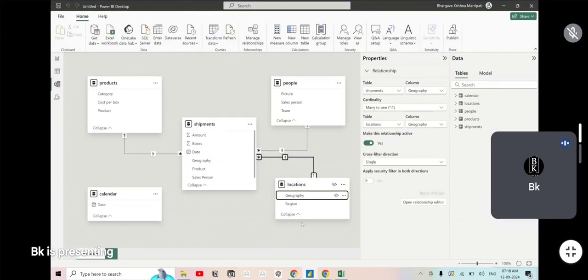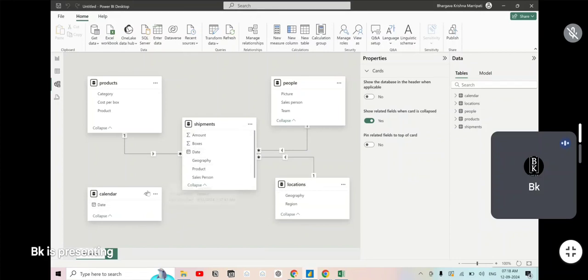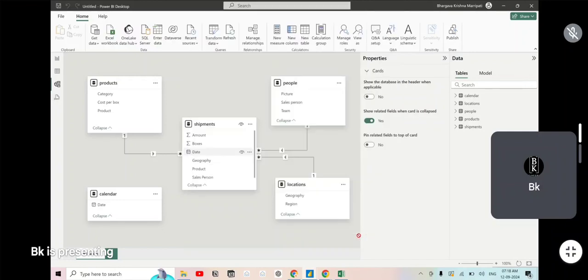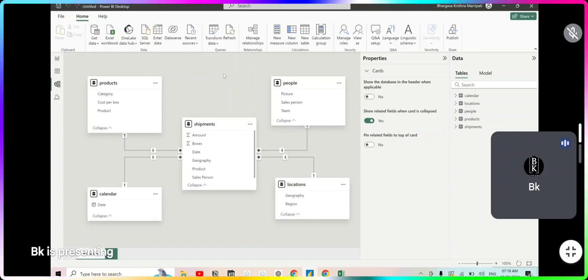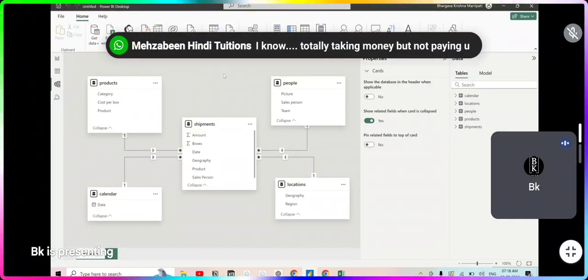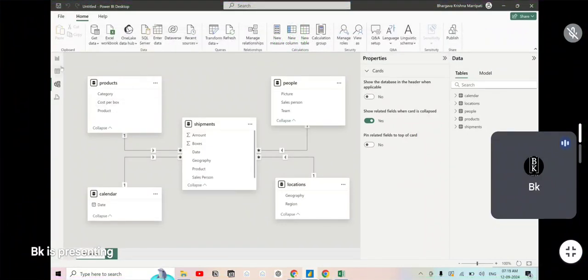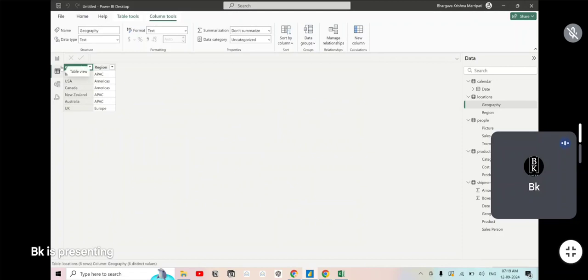So this is geography. Now, what is the connection between this and this? Date. So I'm just going to drag and drop. I'm going to tell you one thing that is like a golden rule: always have a calendar table. Even if you don't see the table in the data, make sure you create one yourself. I will tell you how to do this, but for now, understand a date table is always needed